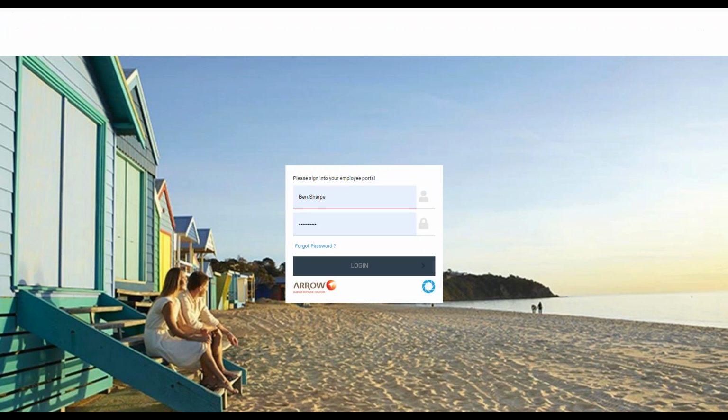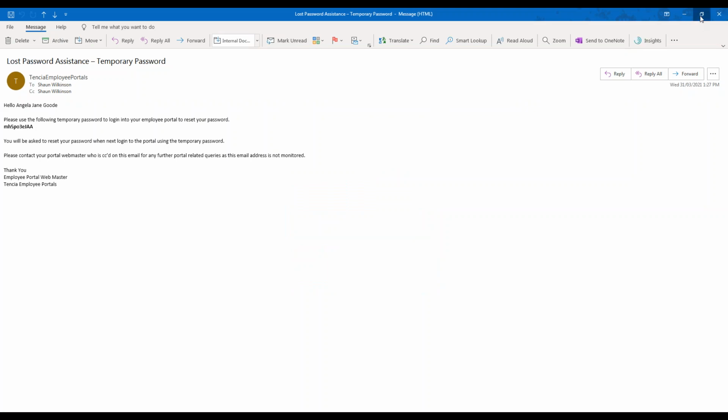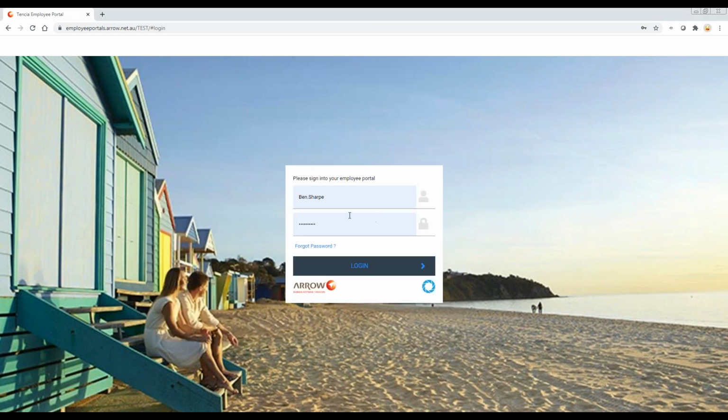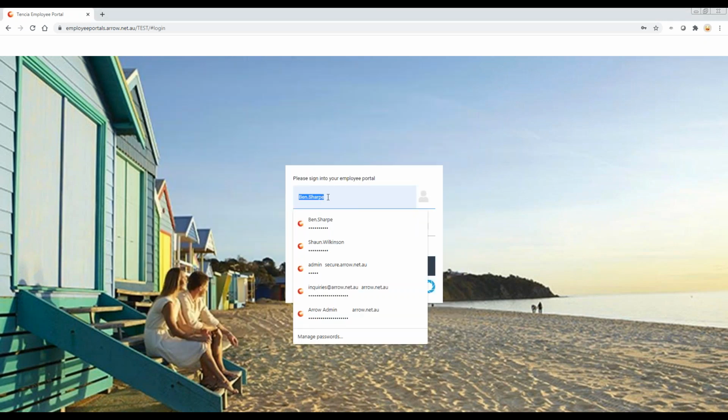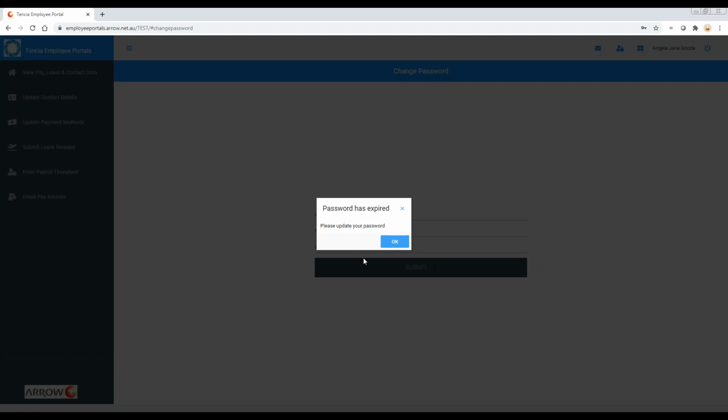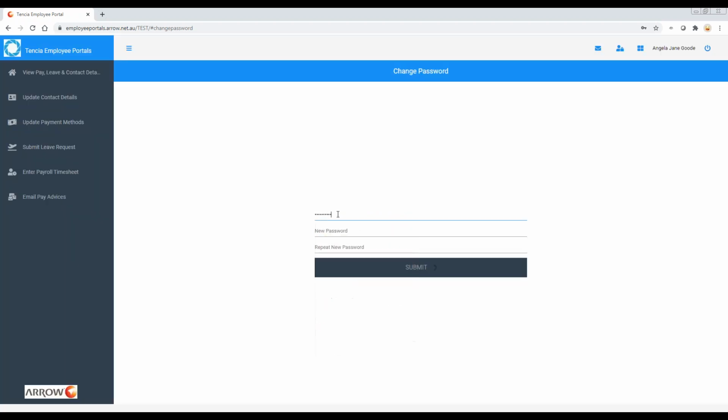So if I open up my emails, you can see I've brought that email in so you can have a read there. We get a lost password assistance, temporary password, and Angela's sent a temporary password that she can then copy and paste into the login screen. So if I then type Angela in the login screen, paste in the temporary password and log in, it says the password's expired. Okay, so what this is telling us is that we're using a temporary password, it's already expired. So we enter in the temporary password again,